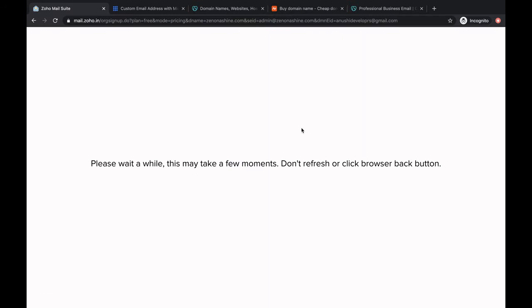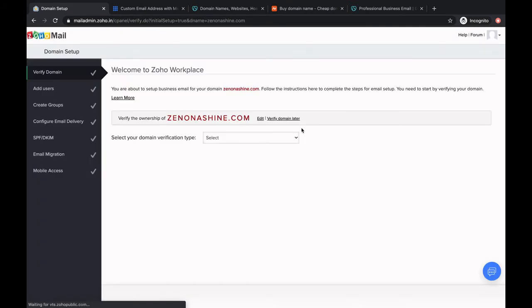So once your verification of phone number is done, then it will take you to the next step. So this was the domain which I had entered. Now what you need to do is select the domain service provider here, say which way you want to do it. Say you want to do one-click verification or manual verification.